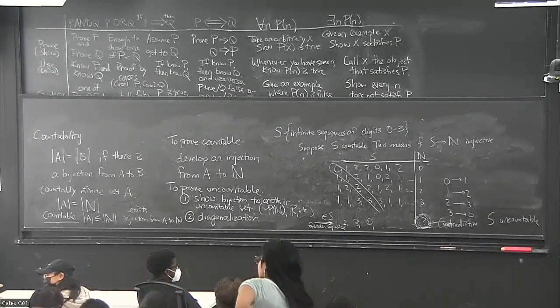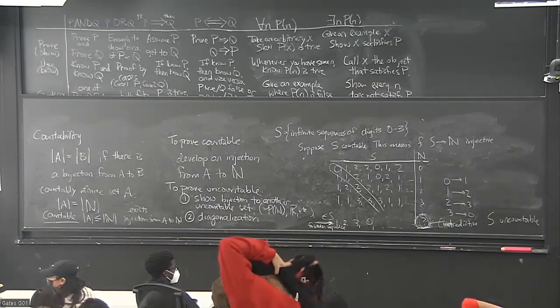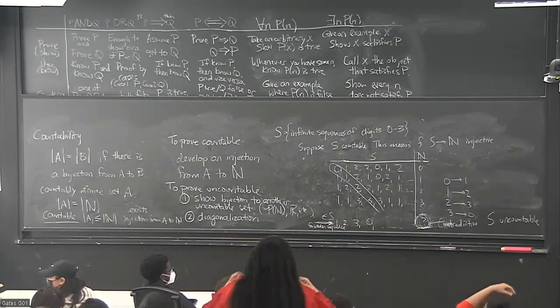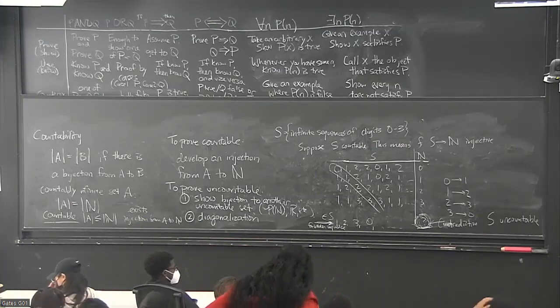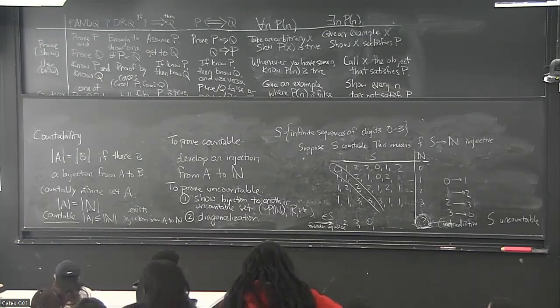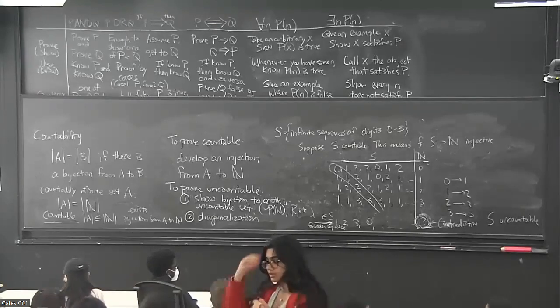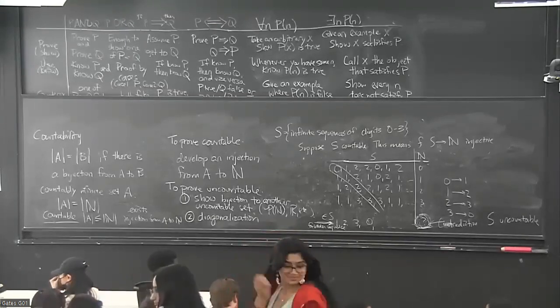That means it can't be one of the rows in the table. What you're supposed to do is assign that forbidden sequence some number, but it differs from everything in every row. That forbidden sequence isn't in the table, but it has to be in the table if you're the function. And so that function is